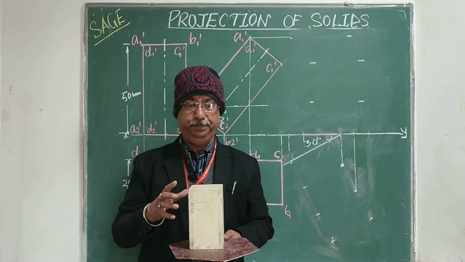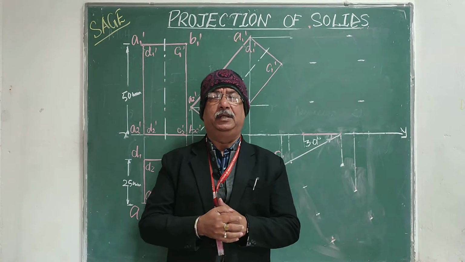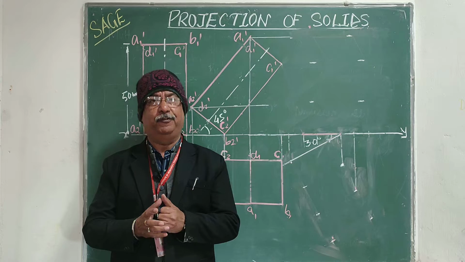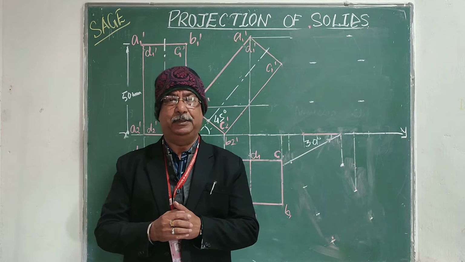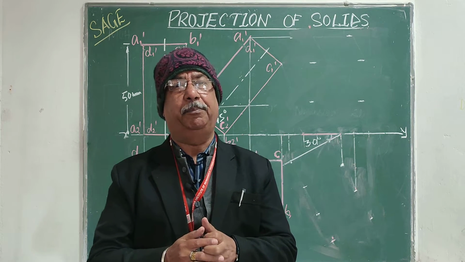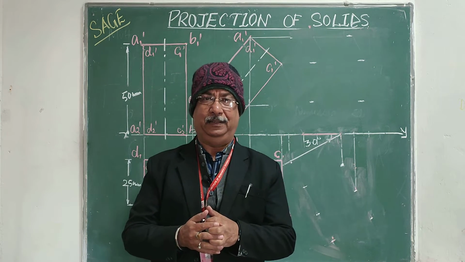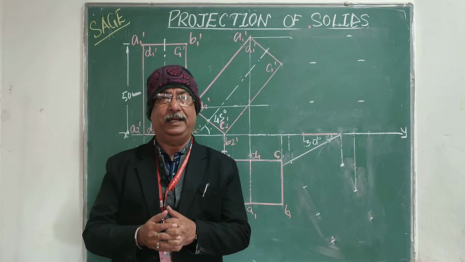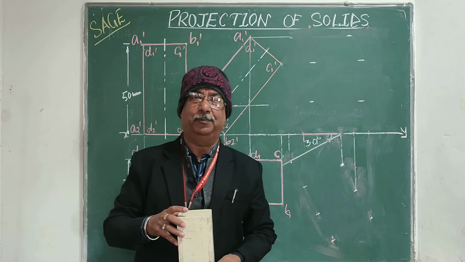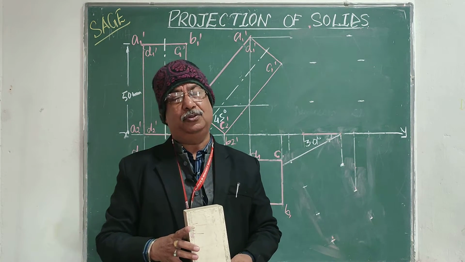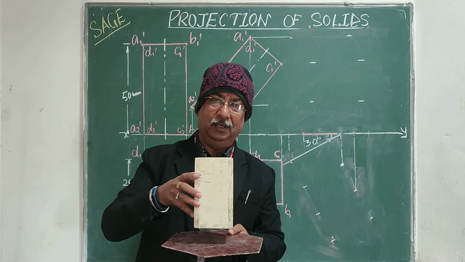As you remember, I already told you that in the case of a solid, if the reference of the axis comes once in a problem, then we start with the simple position by making the solid perpendicular to that reference plane to which we want to make its axis inclined. As in this problem, the axis will be inclined to the HP. So my first step will be to keep the axis perpendicular to the HP. And as they are saying one of the base sides will be on the HP, I will keep the whole base on the HP.